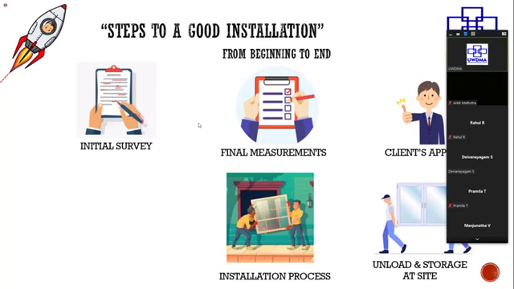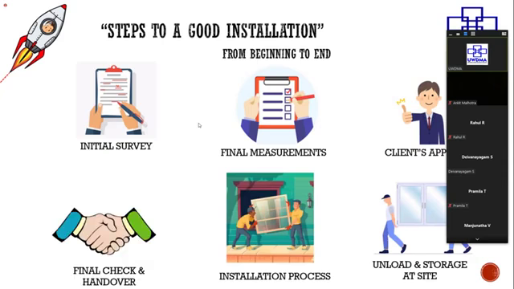And then once the client approval is done, you make the windows, you send them to the site where they are unloaded and stored, and then the final installation process goes on. After installation is done, first your team should go and check everything: whether all the windows have been installed properly or not, all the handles are fine, every window is working properly. All these things you must check first, and whatever you think is missing, put that in, and then after that